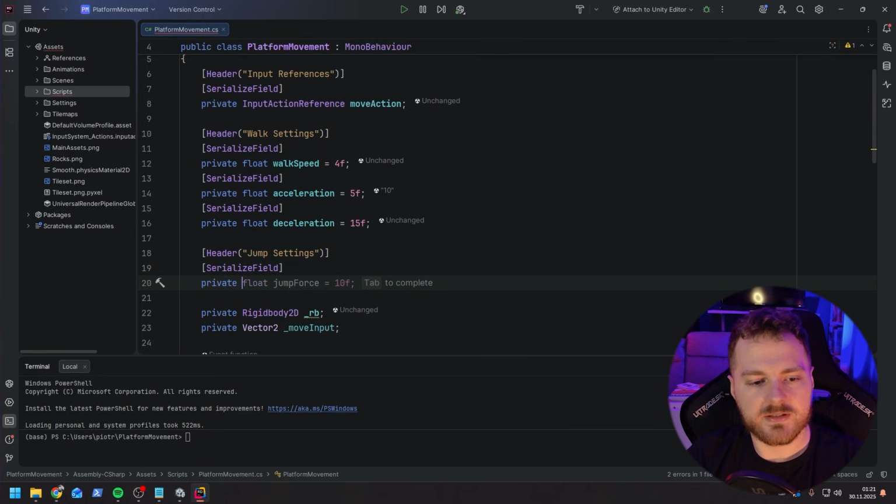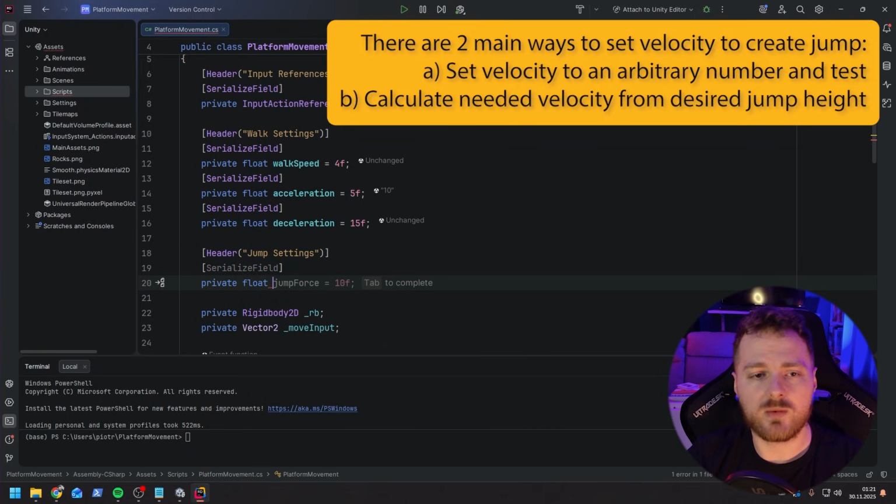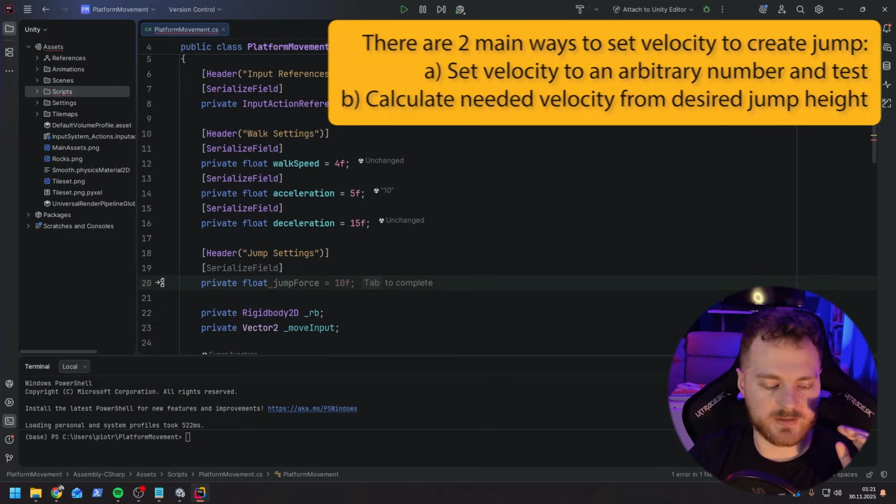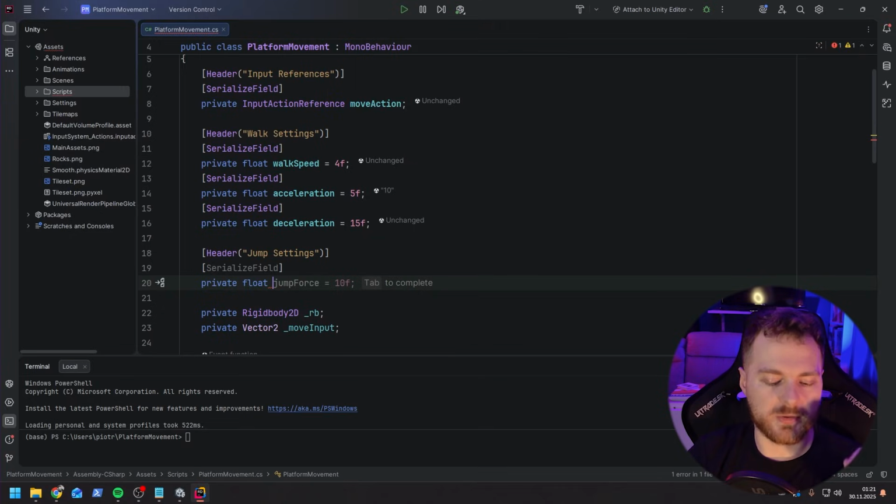will be private float, and now we're going to do it slightly differently because there are two usual ways of doing jump, and one is the most common. The first one is that you just create a property for a jump force or velocity and you use it, but this doesn't give you control over how high you will be jumping. This is working well, but it's hard to adjust the values to find what you need. What we are doing instead, we'll be using a jump height property,